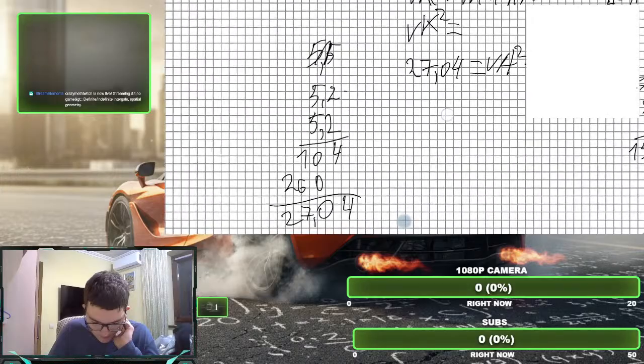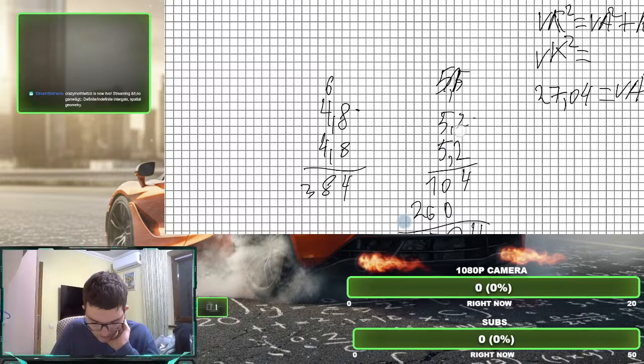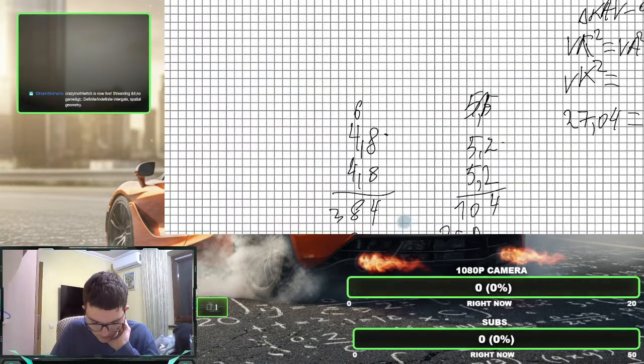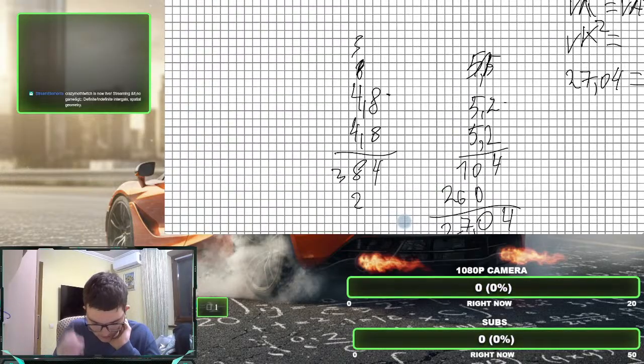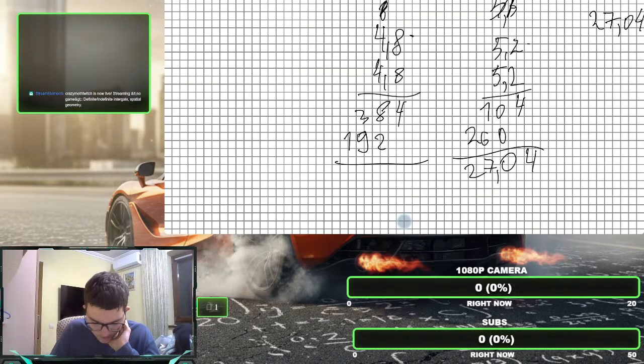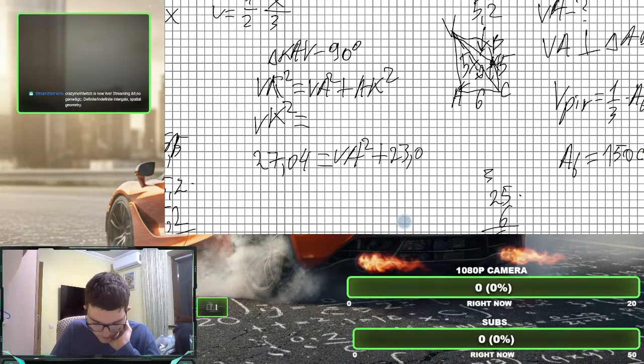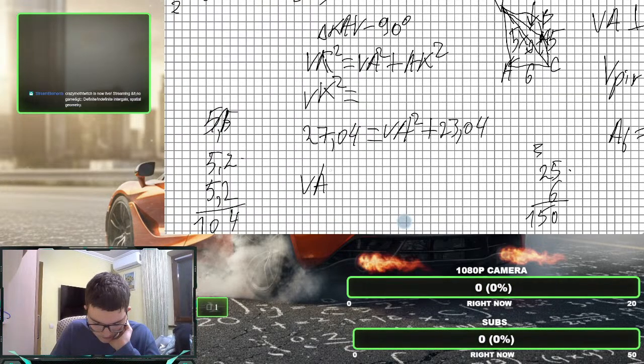At the second power, so do that. 4.8 times 4.8, so a 4 here, 6, 8 times 4 is 42, so the 6 is 48 here, then 4 times 8 was 42, so put 2 here, here put 3, so 4 times 4 was 16, plus a 3 was 19, so you put that here, and I have 4 here, here I have 0, here I have 13, here I have 2, so 2304, get that there, so plus 2304, so VA, the second power is